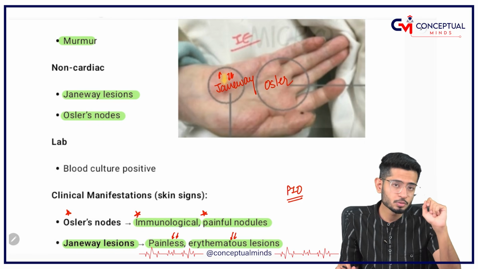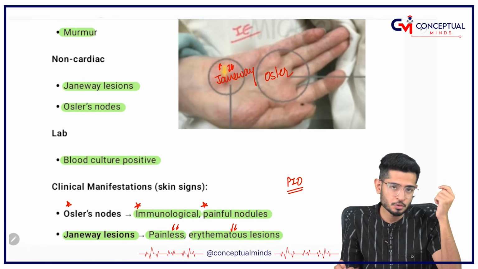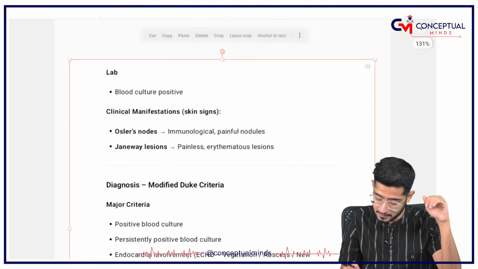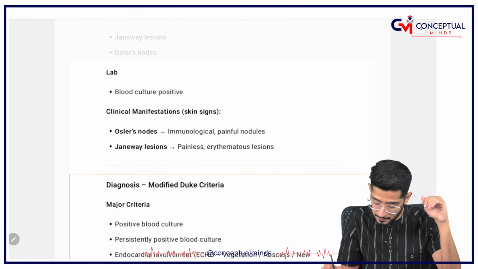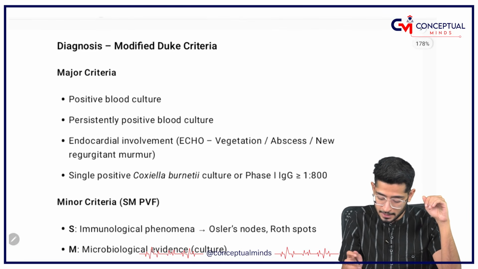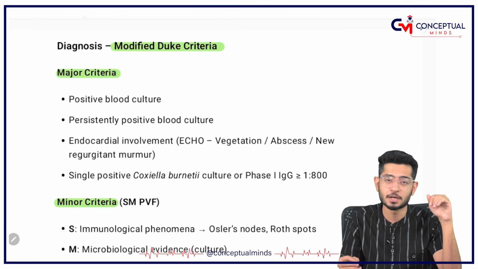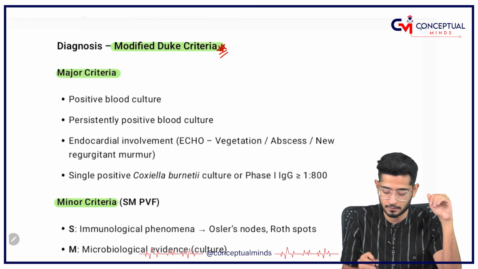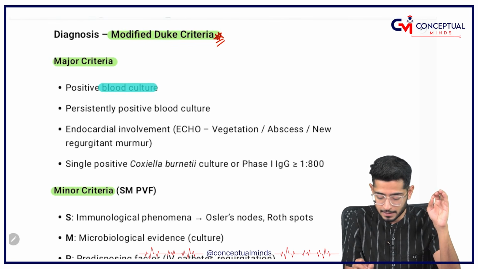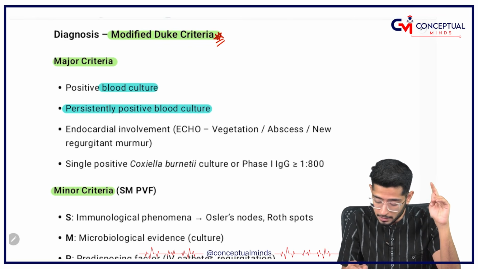How will you confirm it? So obviously laboratory diagnosis is going to show the blood culture positive. What are the diagnostic criteria? So remember, there are major criteria, there are minor criteria. The name itself, Duke's criteria, is a very, very important thing. Duke's criteria. Okay. So major criteria means either the blood culture is positive, or it is persistently positive, or in echocardiography